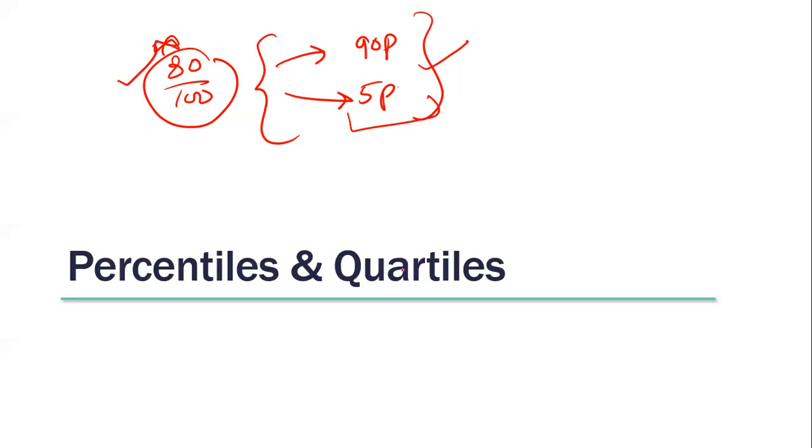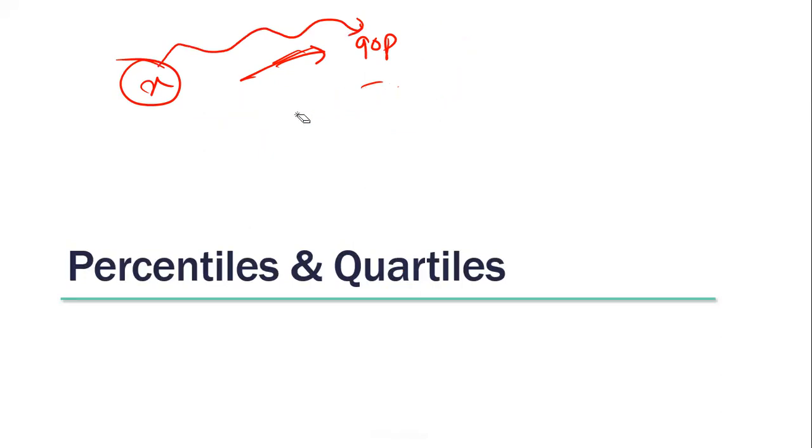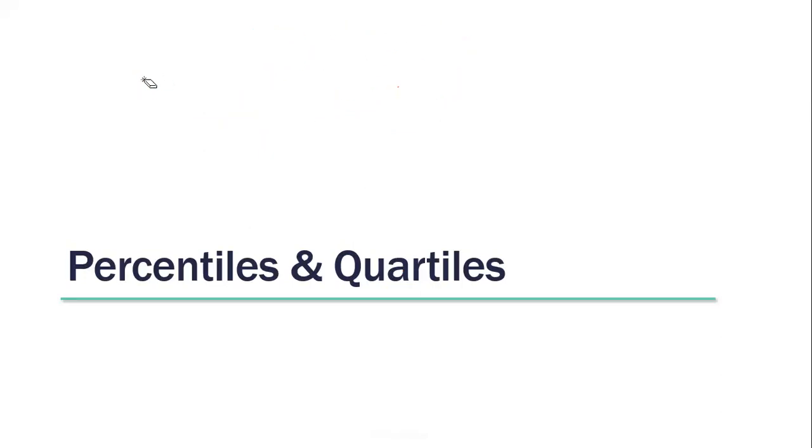Why? Percentiles will tell you the relative position. No matter what marks you got, I don't care, isn't it? In some exams, we don't care about the marks. I got X marks, I don't care. With X marks, where do I stand? Below me, what percent? Above me, what percent? That's what matters. Percentiles are not only used in exams, they can be used in other statistical measures as well. Percentiles are very useful in our day-to-day data science life as well.